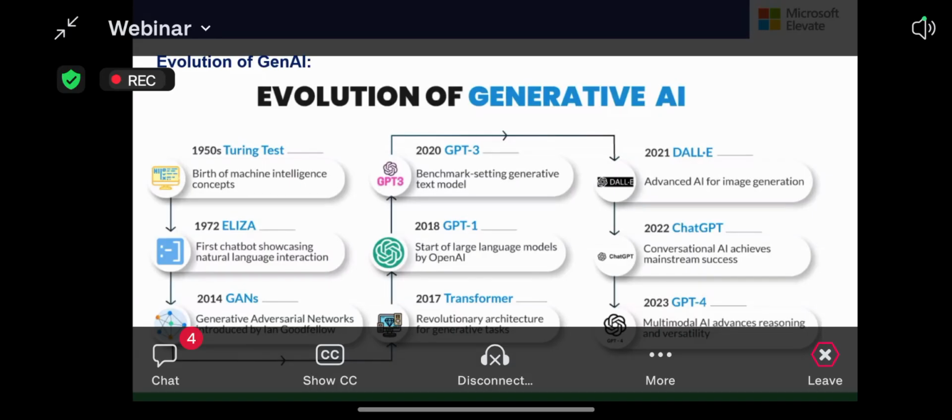After that, one by one the evolution went on, in 1970, then 2015. In 2020 ChatGPT came to the market. After that came the different ChatGPT models, then the transformer came to the market. After that the image generating models, then LLM, transformer, and the multi-modeling concept. So this is the evolution that started from the 1950s until now.